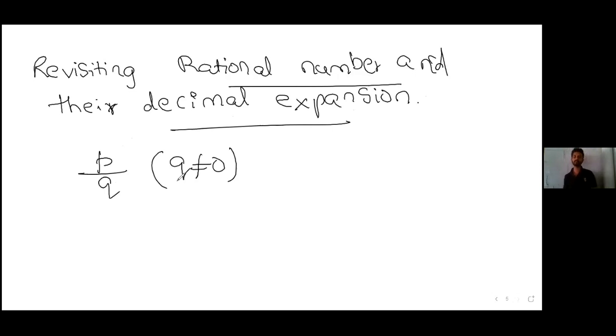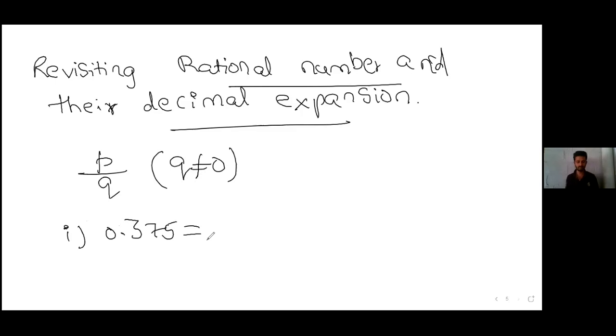We are considering this. Also, the main intention of this is we are going to check whether our rational number's decimal expansion is terminating or non-terminating. So in what case it is terminating and in what case it is not terminating, that is what we are going to study. Okay, so let us consider some example of a rational number like